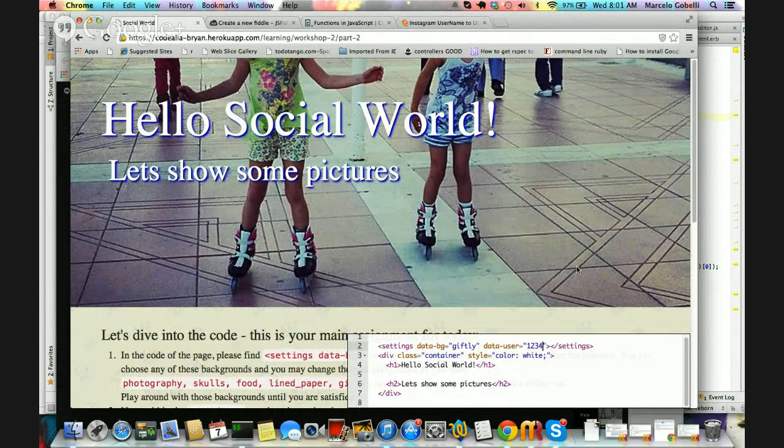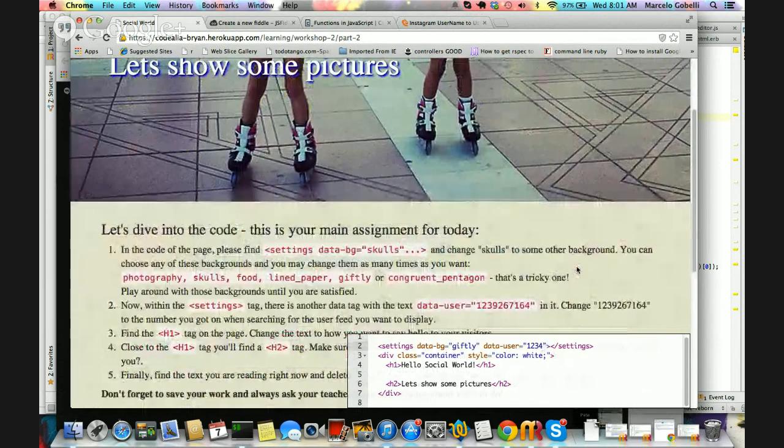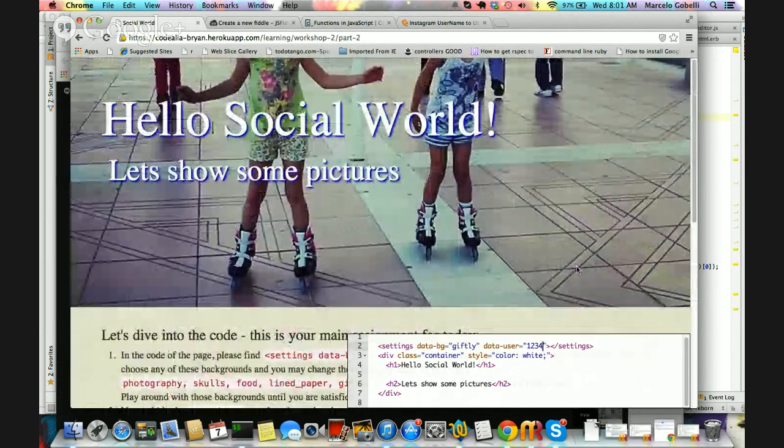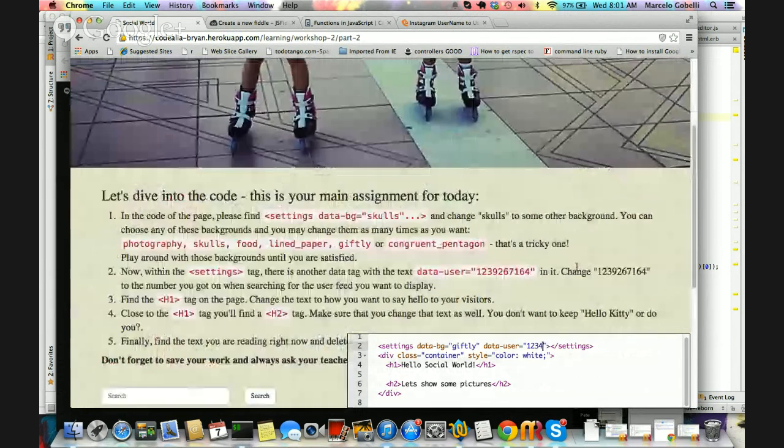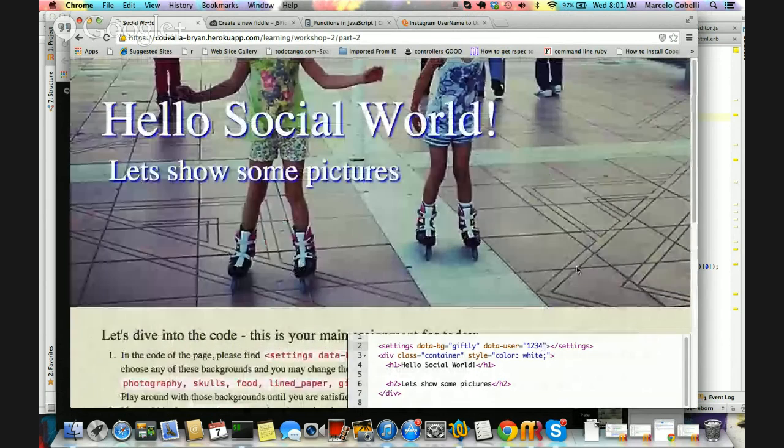So workshop 2, part 1 is the Instagram, and part 2 is whatever page you call it, which uses the Instagram content. Okay. So the background picture that you can see at the top and the 3 pictures at the bottom are actually the Instagram feed that I've set up for Codealia. Okay, so in workshop 2, part 1, you set up the Instagram, right? And then in 2,